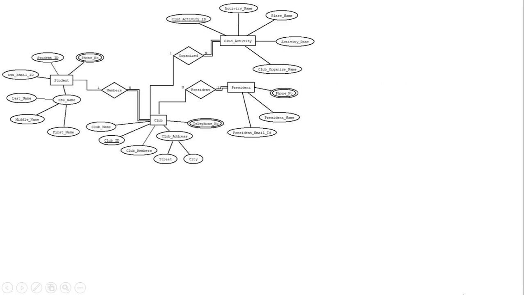So I have got one of the solutions like this. So in this solution, these three entity sets, student, club and club activity, are being identified correctly, right? But the one more entity set that is identified as president is not actually justifiable. So club is having the president, but in fact the president is one of the students.